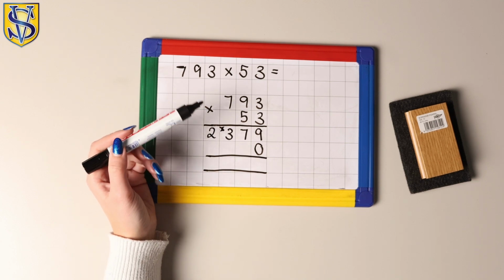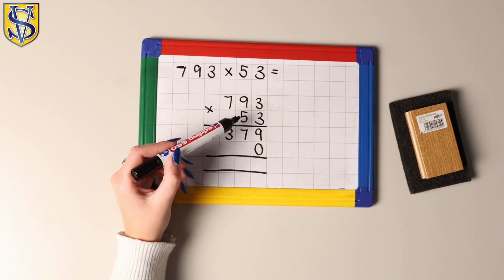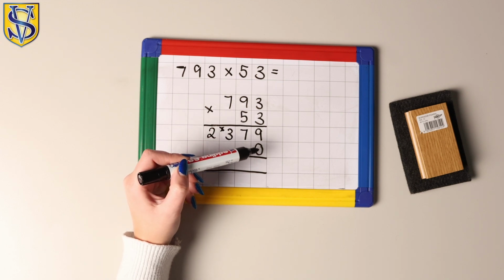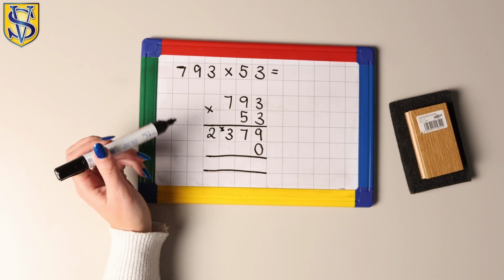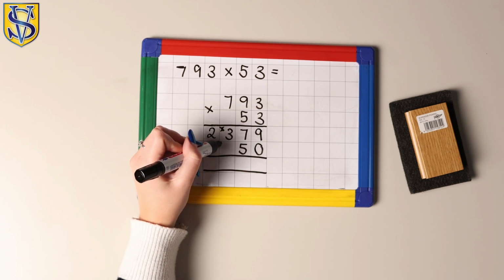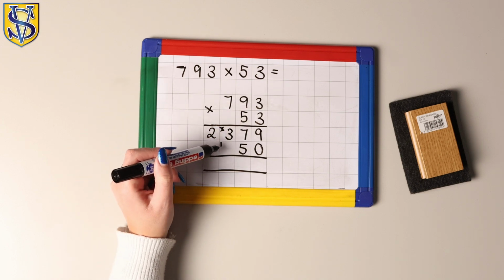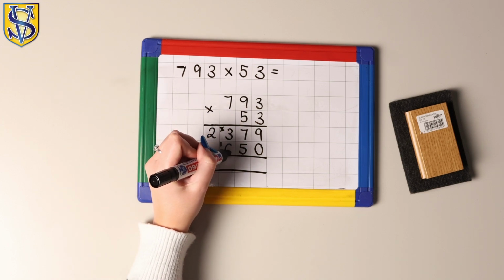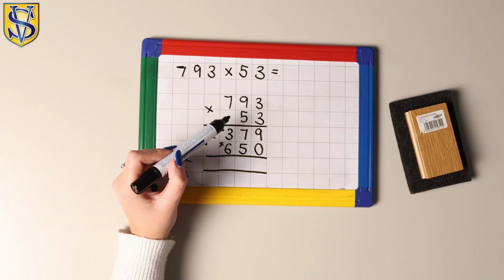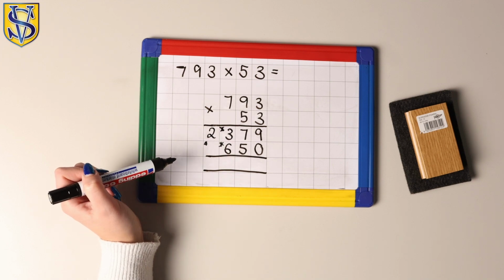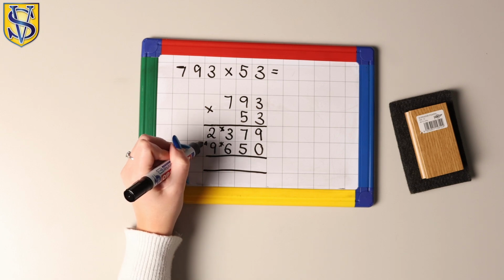So I've now got the answer as 23, and I've put it there because there are no more numbers to multiply. Now for the next one, we're going to be looking only at the 5, but the 5 is really a 50, which is why we've got that 0 there, showing the answer should be 10 times bigger. So 5 times 3 is 15, carry the 1, and then 5 times 9 is 45, add 1 is 46, carry the 4, I'm just going to cross that one out because I've used it. 5 times 7 is 35, add 4 is 39.